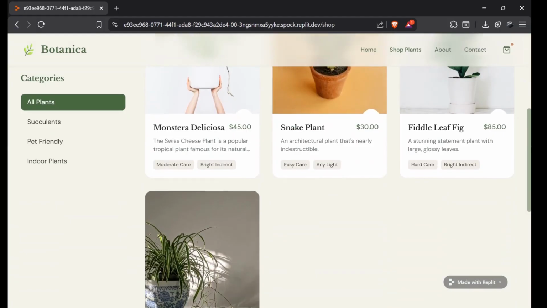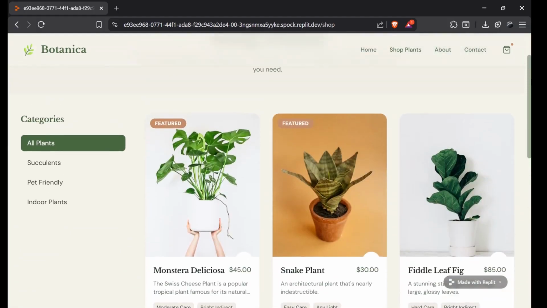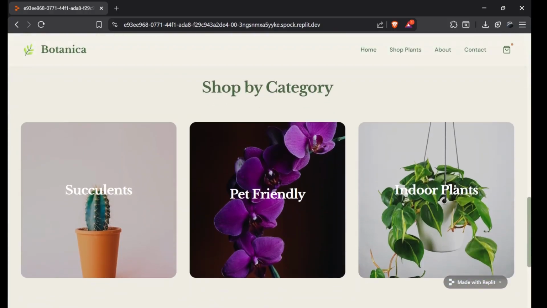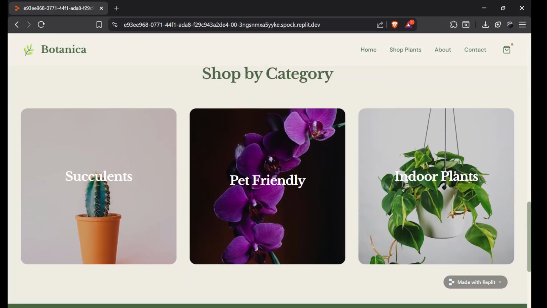So check this out. The image issue is now being fixed. We can see all the product images as well as, on our home page, all the category images. Isn't that great? Now back to our